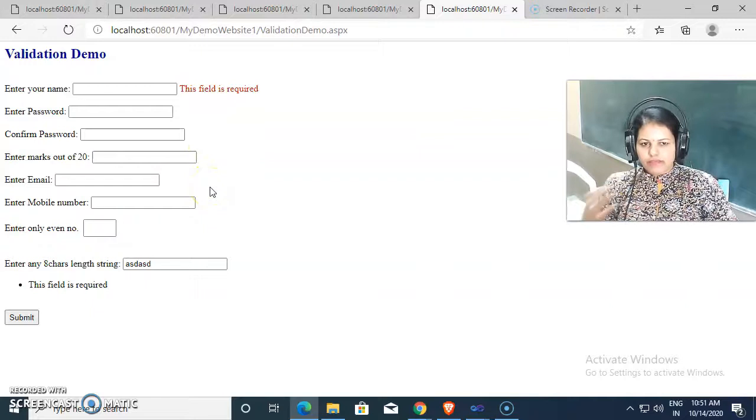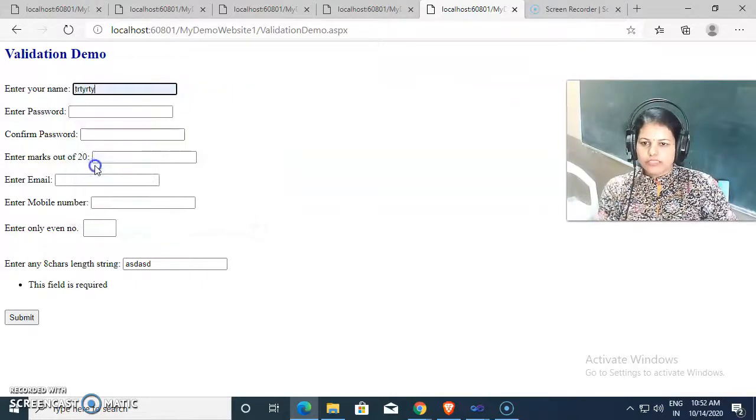So first JavaScript will be run, and if there is no error inside the JavaScript, meaning all the values are correct at client side, then only control goes towards the server, and then on server, if you are writing any server side validation function, that will be executed. So we need to correct all these values at client side.